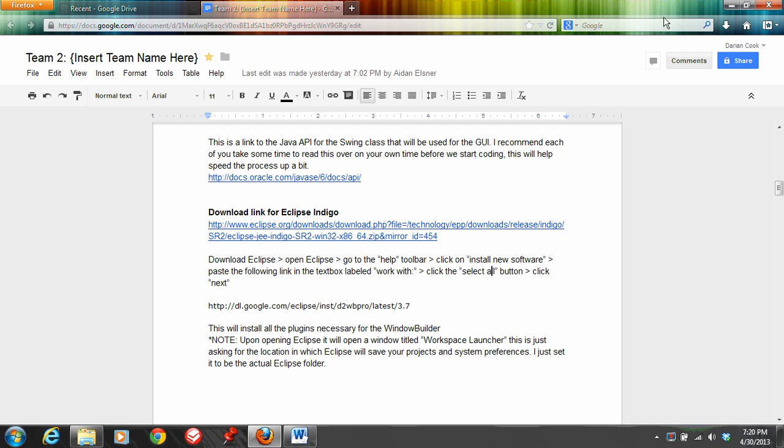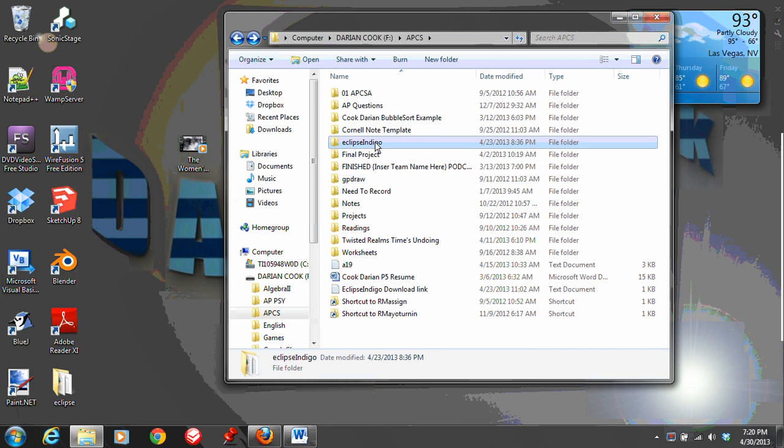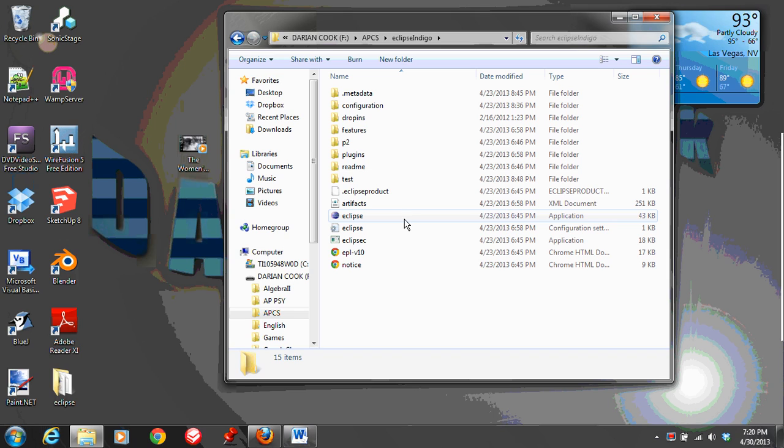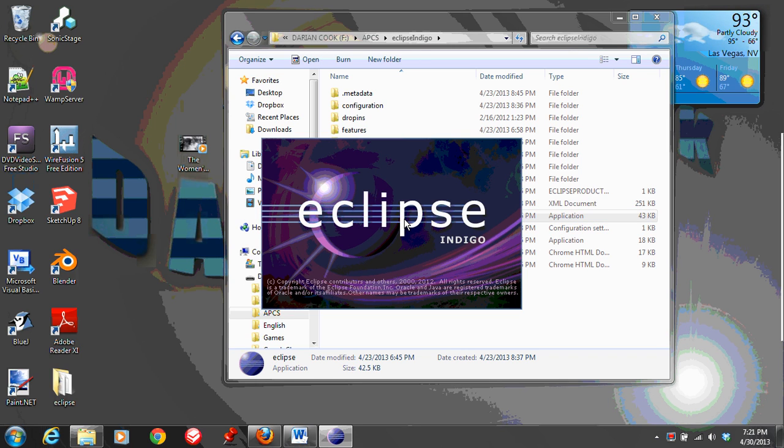Once you download it, you'll extract it because it'll be in a zip file. I have it both on my flash drive and on my computer, but our project is on my flash drive, so I'm going to open it from there. All right, so it's opening Eclipse. Now, when you open Eclipse,